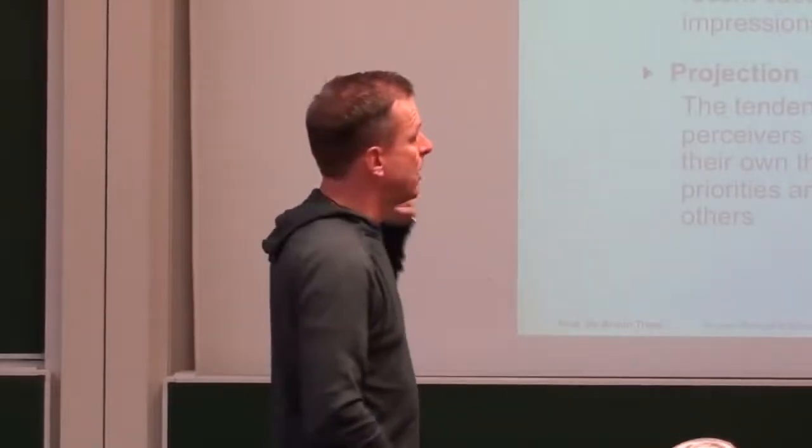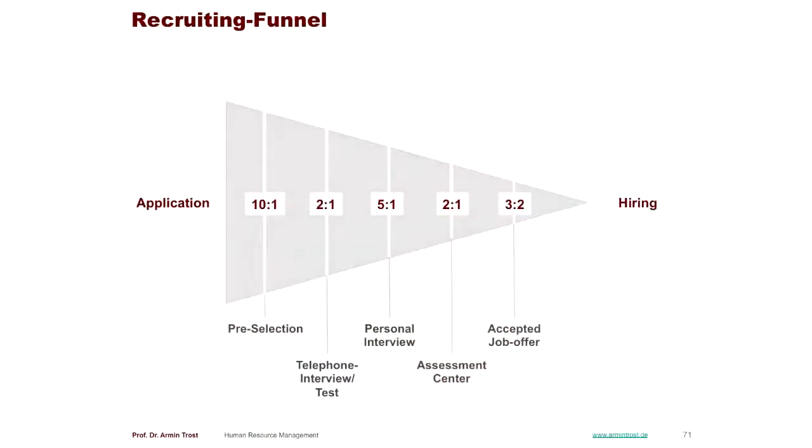Now, this is how a recruiting process looks like, very roughly spoken. That's really a traditional perspective. At the beginning, you get some applications. And the first thing you do as a company is you do pre-selection. You have a first look at the application file, at the resume, and you make a decision. Should we continue with this candidate, yes or no? It's really a yes or no decision.